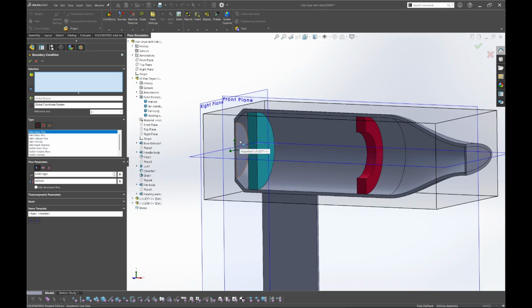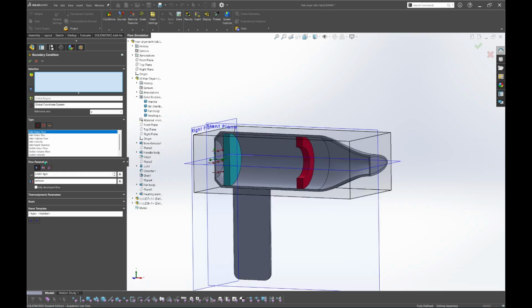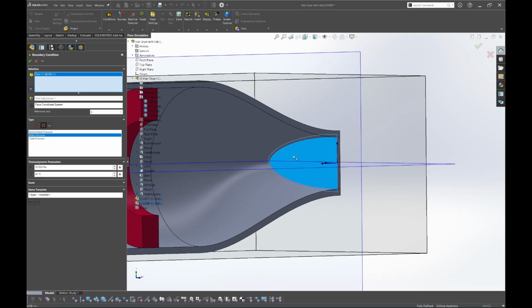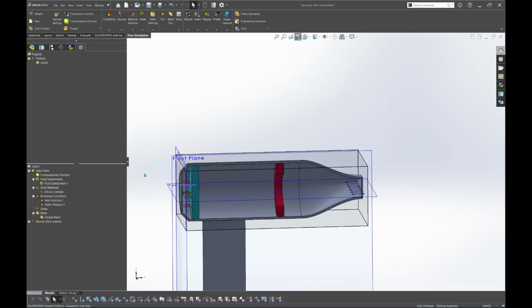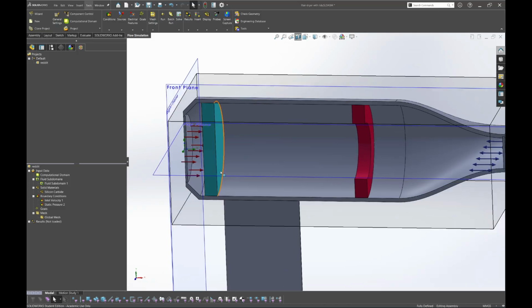Maybe for the inlet I will choose inlet velocity in this, and the parameter is 1 meter per second. Validate, and again insert boundary condition and click pressure opening, and this surface area is for the outlet. Okay, so validate.